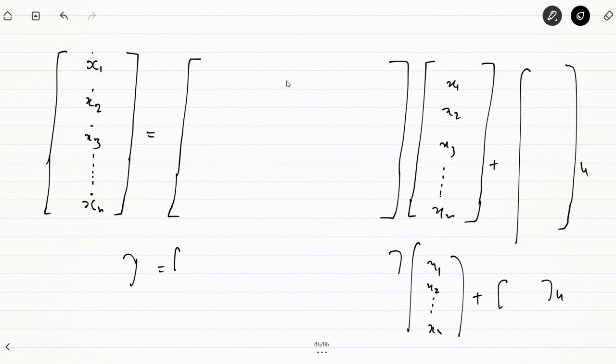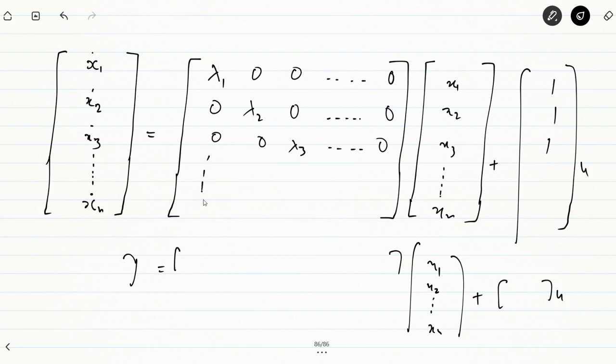So x1 dot was lambda 1 x1 plus u. That means lambda 1 x1 plus 0 times x2 plus 0 times x3, the rest of the terms will be 0, plus 1 times u. Similarly, x2 dot was lambda 2 times x2. That means 0, lambda 2, 0, and 1 times u. x3 dot will be 0, 0, lambda 3, and 1. So all the rest of the terms in this system will be zeros, while the diagonal elements will be